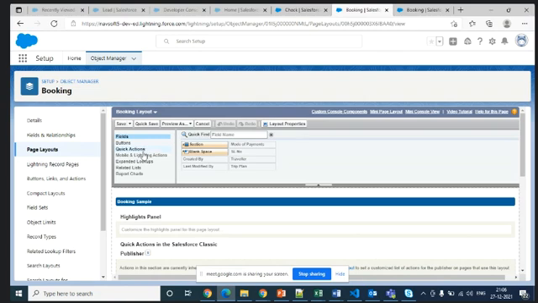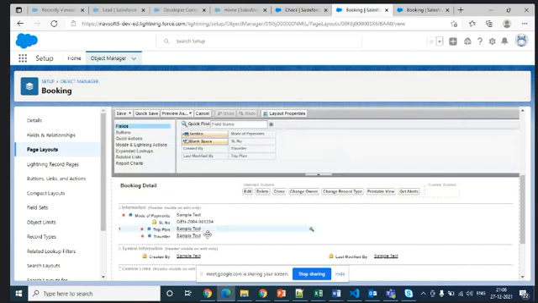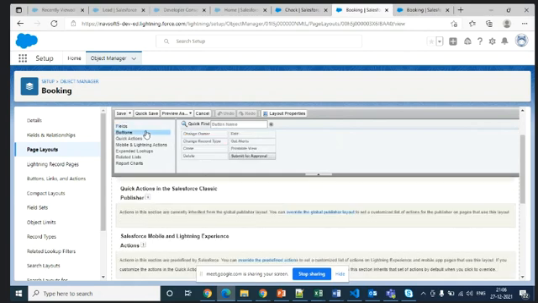And here you can see this section, you can say the page layout palette, where you can see that all the fields are already added in the page layout, down here. So you can create sections, you can create a blank space or whatever, and if you want to remove the buttons, you can remove them, or you can keep them.